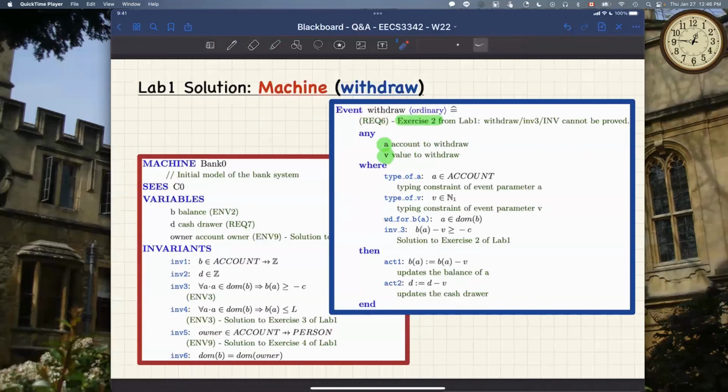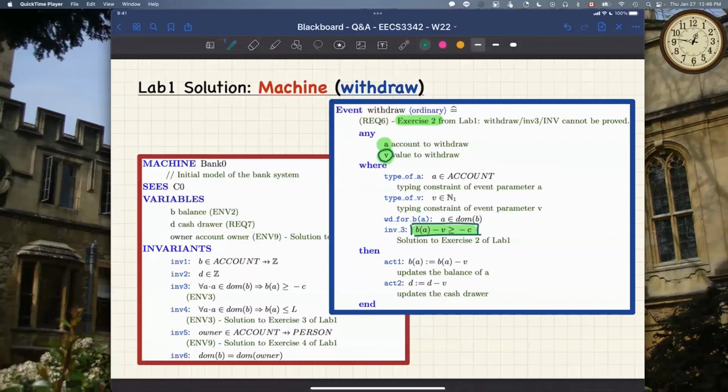If you took out any one of them, you're going to actually get an undischarged proof obligation. Okay, I believe in the Lab 1 tutorial we spoke about this one being important, right? Actually, that's the one I left as an exercise for you. So there you go. You want to make sure the value you're trying